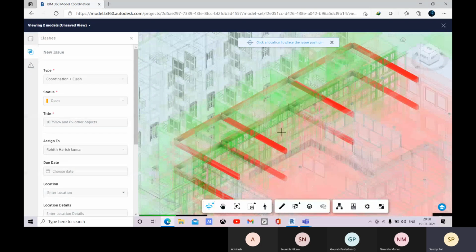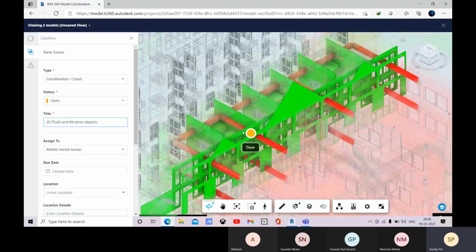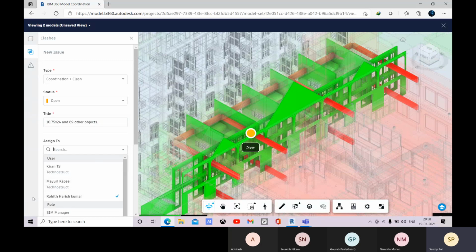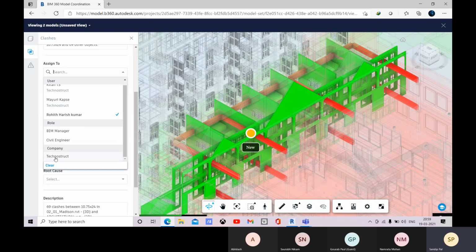So let me place it there. Whenever you head towards this issue, it will be located there. Okay, and this is the title, and let me assign it to this member or the role who is BIM manager or civil engineer.